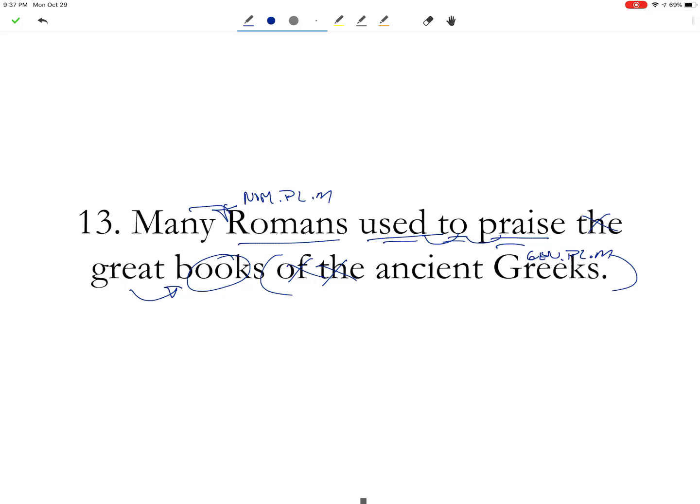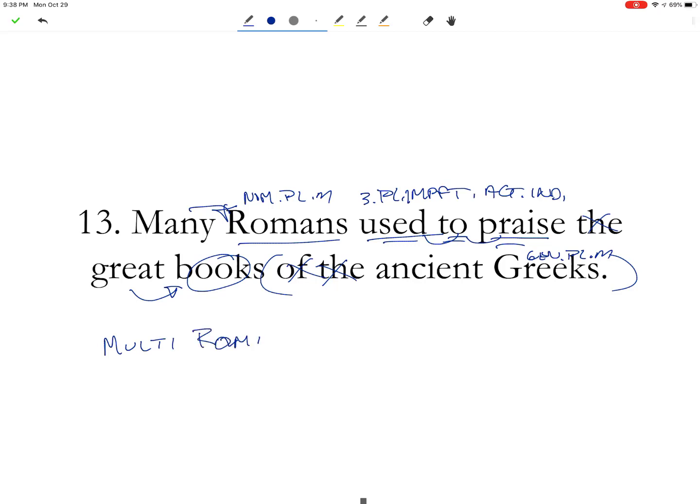Used to praise. Yes, I am very much aware there's a word for solebat, for example, are accustomed, we're accustomed to praise. But the used to, in this case, and in many of the cases, much more than you would think in English, okay? The used to refers to habitual or repeated action in the past. And as such, that is the imperfect tense. Third person plural, imperfect, active, indicative. And I know you're wanting to say, use the word we're accustomed to, we're used to. You're like, that's not right. I need to use a word for used and a word for to praise. No, used in this case just means that it was a habitual or repeated action. So,